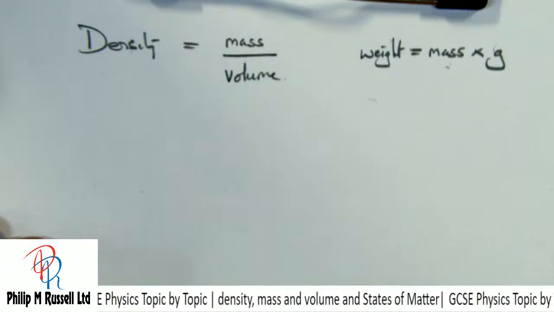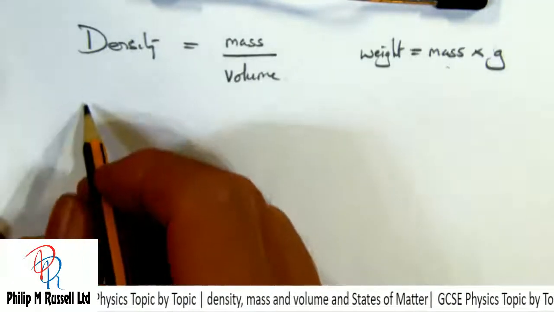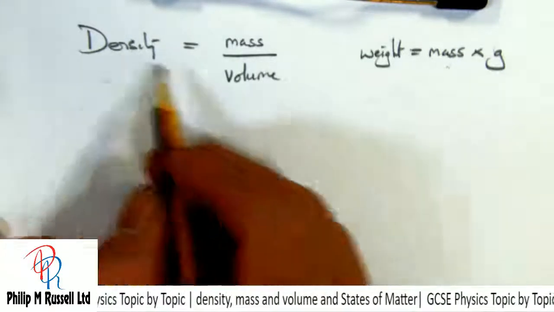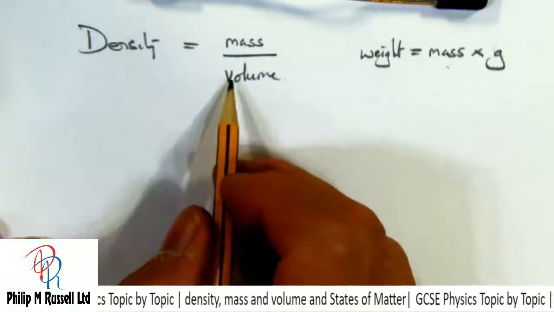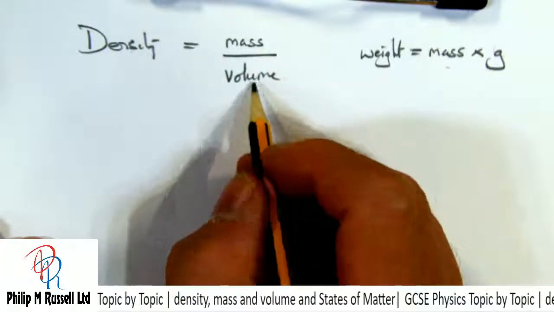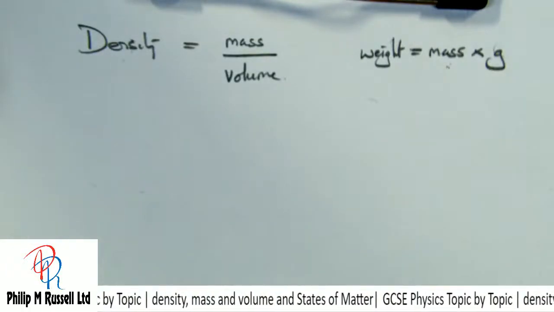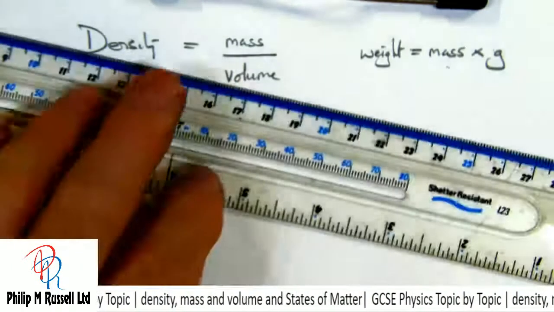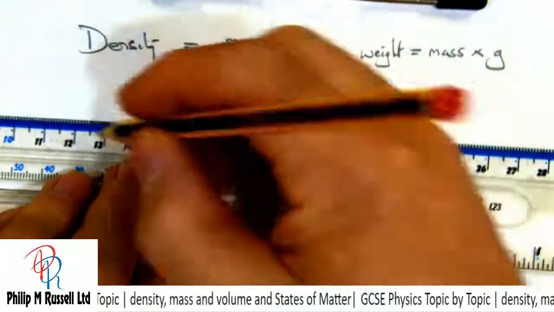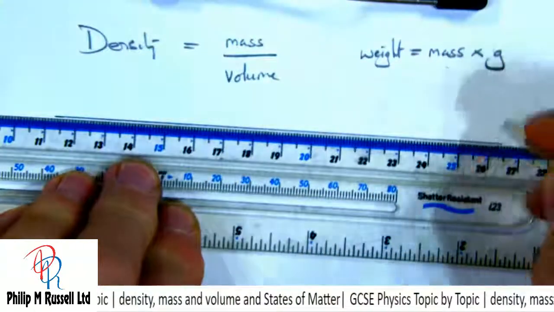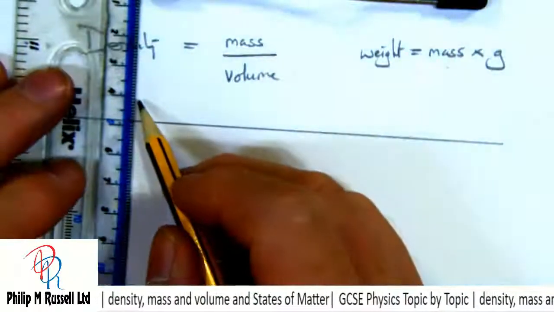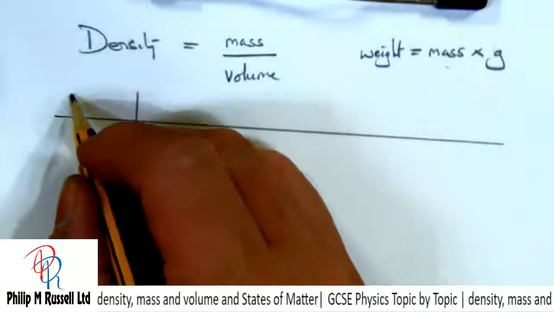So we've got an easy problem to try and solve. We're going to work out now the density of several different substances, and all we need to do is work out what their volume is. To work this out, it's relatively simple. We're going to have a simple table, and we're going to have our substance,